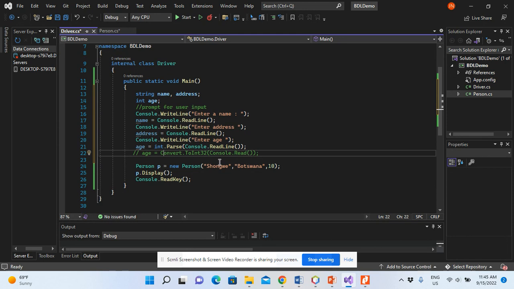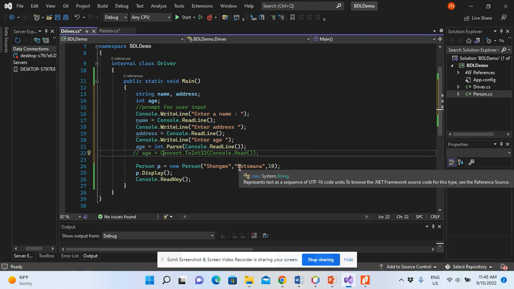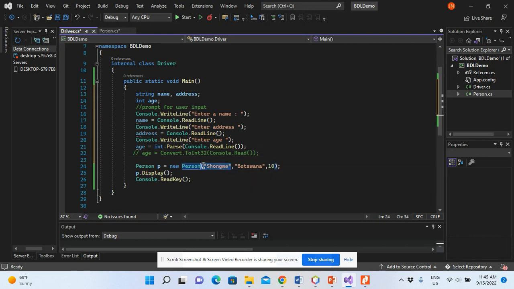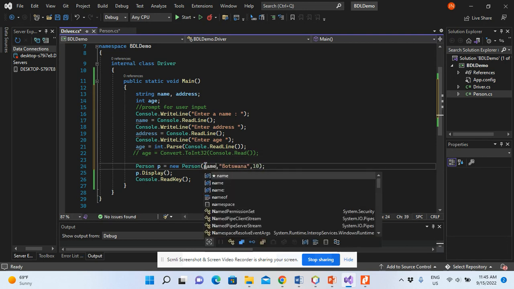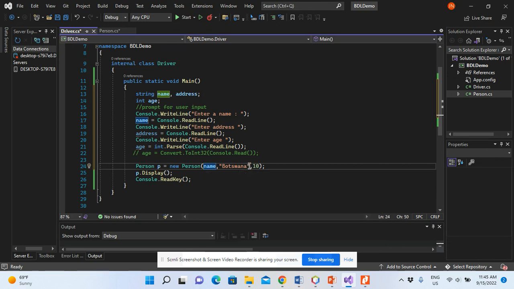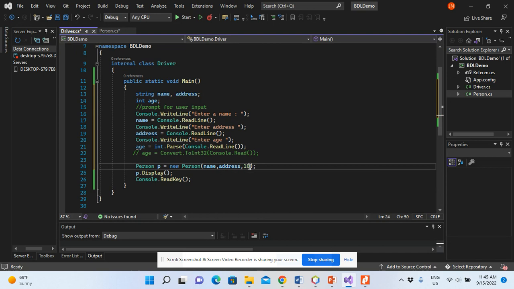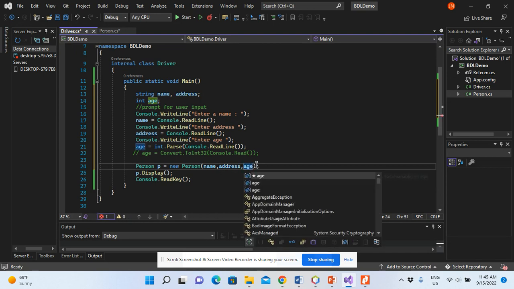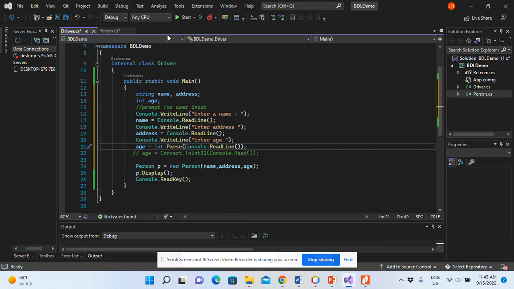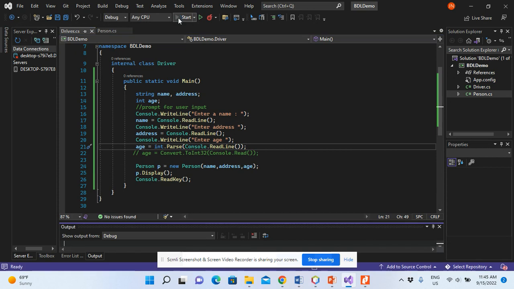Okay. So having done that, now we have accepted the person's name, the person's address, and age. So we are now going to replace this one with the variable name, and then we replace this one with the variable address, and we replace this one with the variable age. So if I run this one this time around,